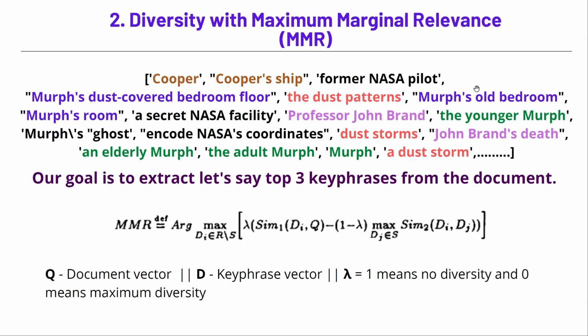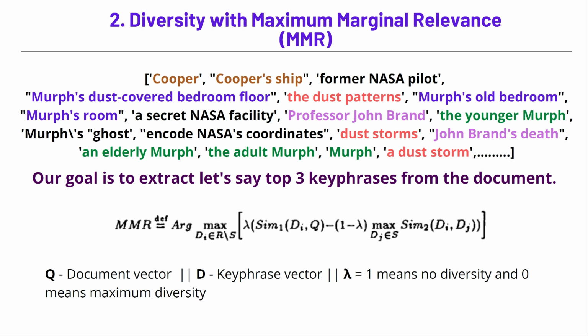And the next interesting algorithm is called maximum marginal relevance, MMR. Again, let's choose the goal that we have to extract the top 3 key phrases from this document, and we have again cut off at, let's say, 20 key phrases, and from those 20 key phrases we want to extract the top 3 key phrases with the maximum diversity again. So maximum marginal relevance is given by this formula. Don't be intimidated by this